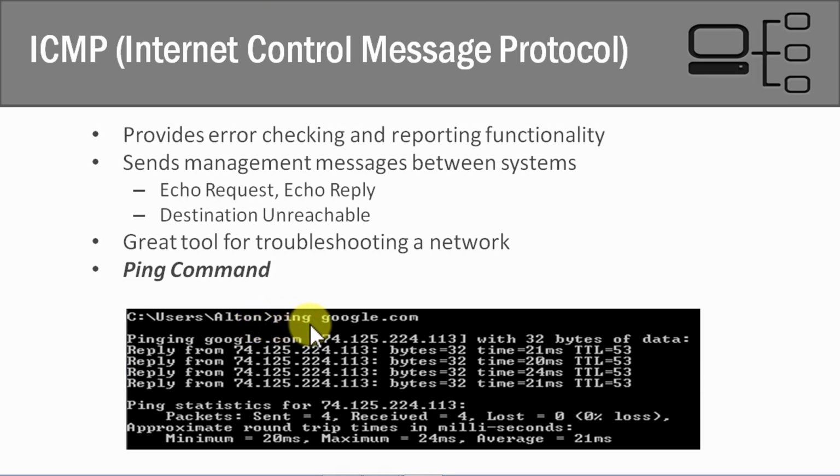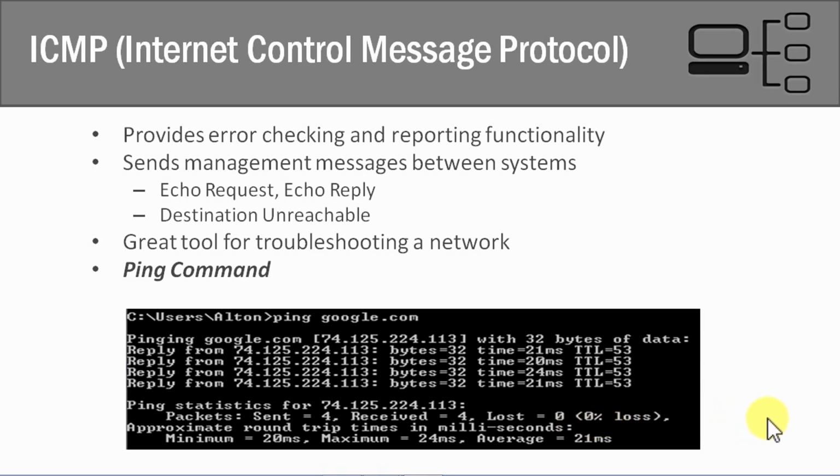but here's a quick example of me pinging google.com. I type in ping space google.com, that's the command. It says pinging google.com, and here's Google's IP address with 32 bytes of information. Then google.com replies, and it sends 4 replies saying, I was able to get your ping. Here's my response, again with 32 bytes of information. It took 21 milliseconds for the first one and approximately 20 milliseconds for the others. Then we can look down here to see if we had any packets lost, and it shows that we sent 4 packets, we received 4 replies, and we didn't have any lost packets,